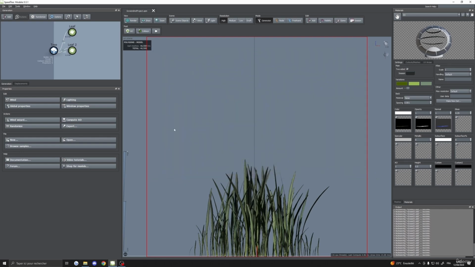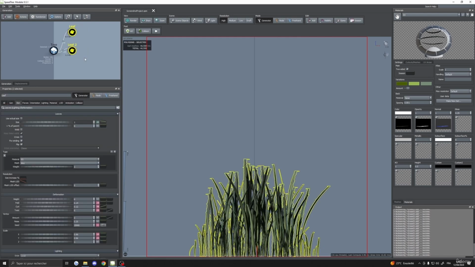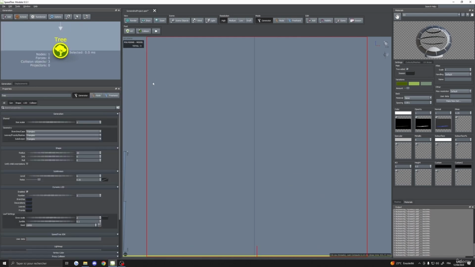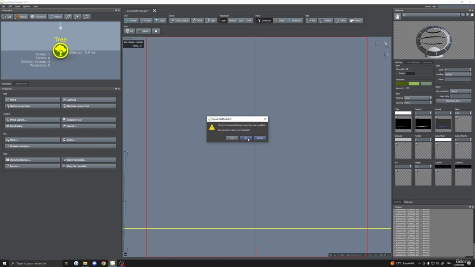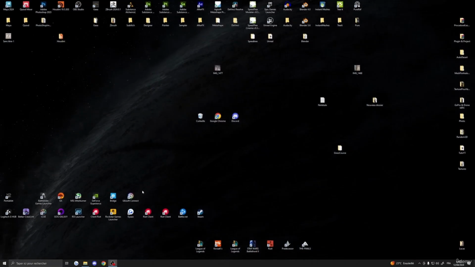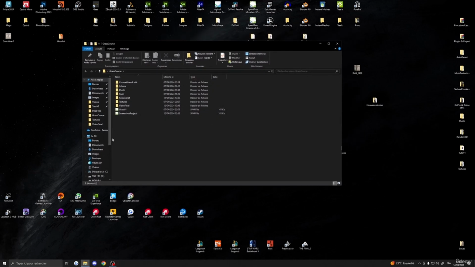And so I'm going to save it. So now if I basically do this and I go back to, I'm going to click no, because I don't want to save what I just deleted. Now I'm going to go there. So if I go on grass 01,